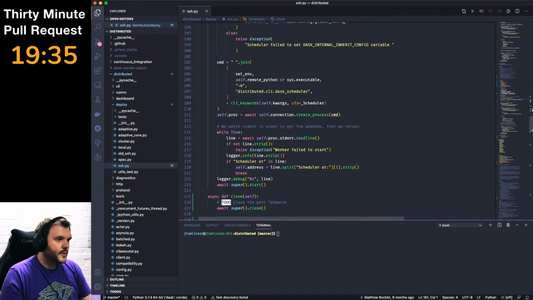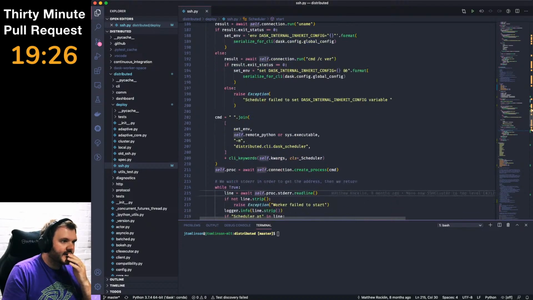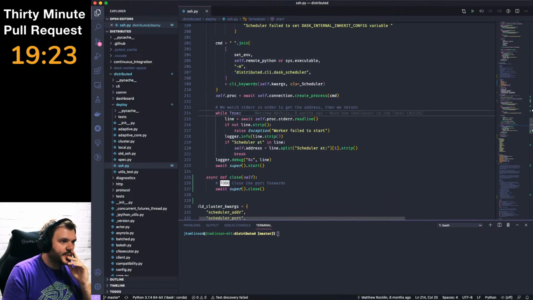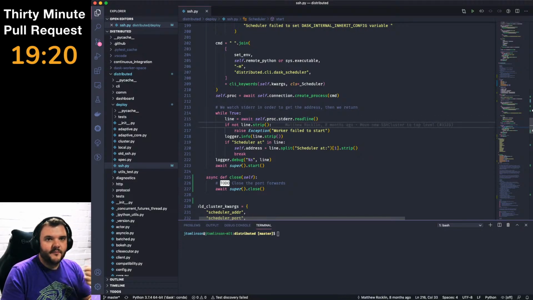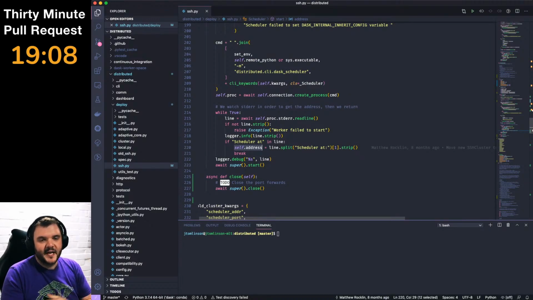is we set the address here, right? When we SSH to the machine, we run the Dask process, and then what we actually do is we read the log back from the scheduler process, looking for the line in the log that says the address where the scheduler is running, and we set that to self.address. And this is how the cluster object knows how to interact with your scheduler, right? The scheduler class is responsible for making a scheduler somewhere, somehow, and setting a property of self.address. And then other things can come in and inspect that property of self.address and create RPC connections and interact with